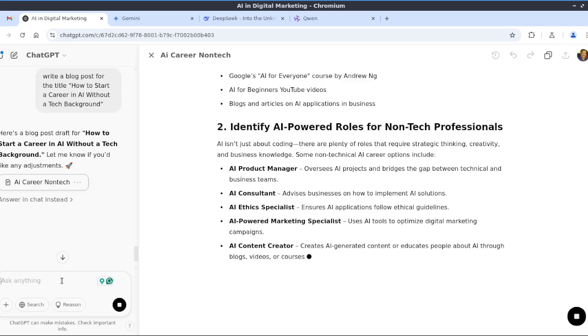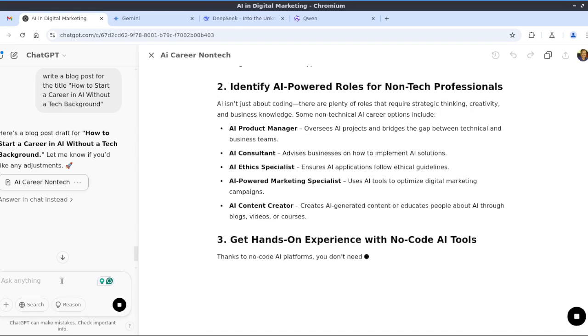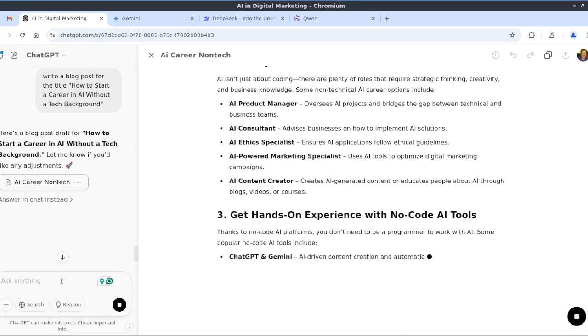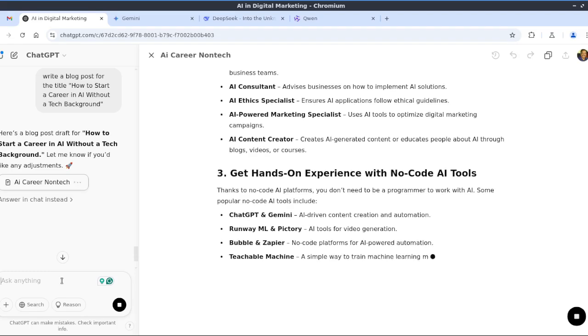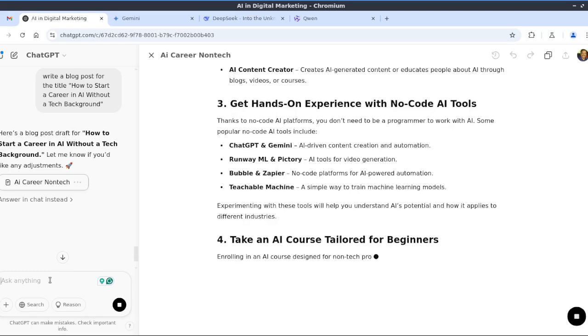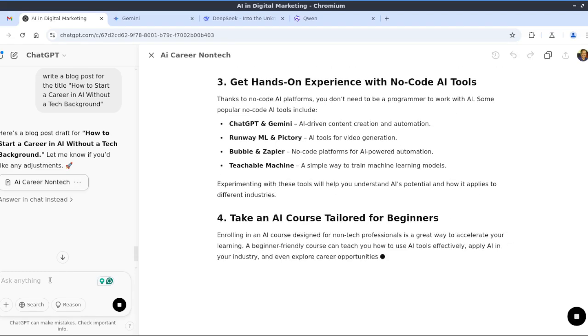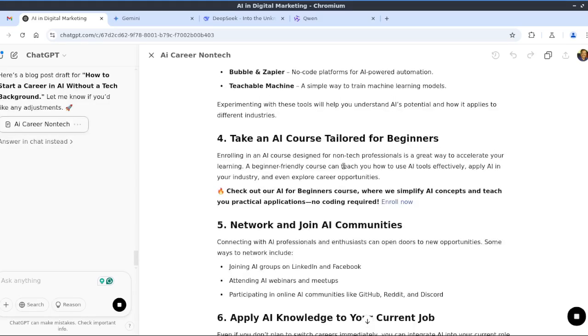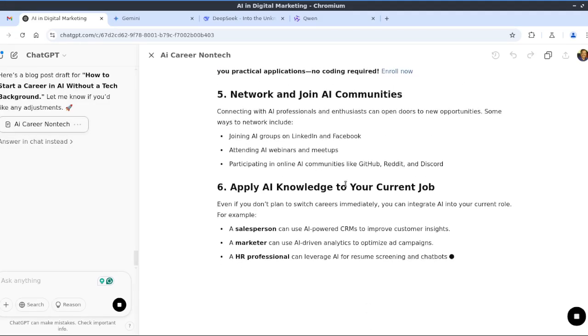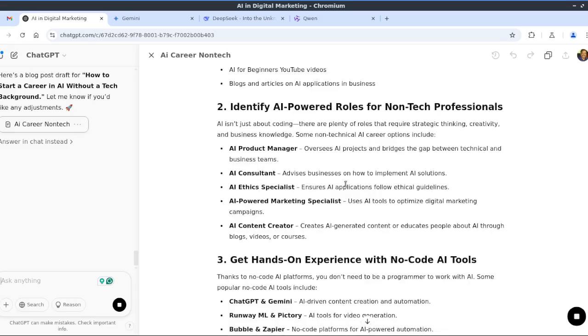Here you can give comments like change this section, change that section, and replace these words with something else. You can give comments here, so it's like a collaborative kind of thing. Okay. So this feature will be really useful for writing articles and ebooks.